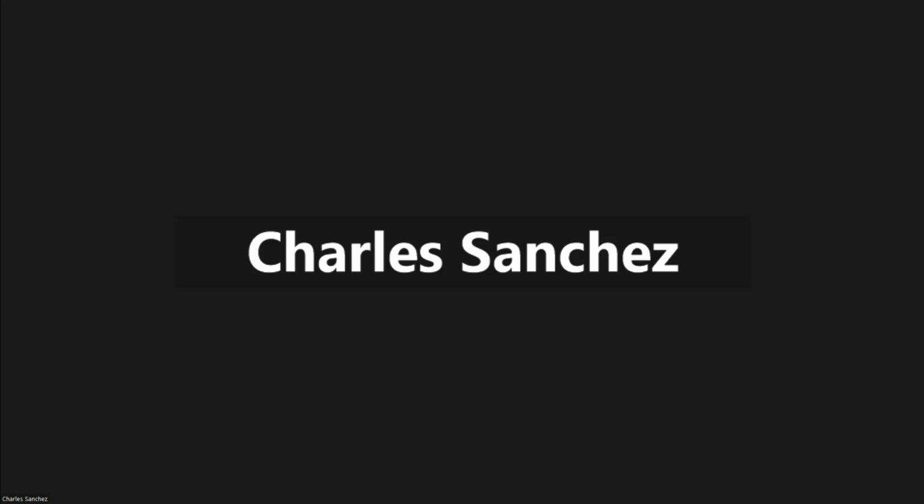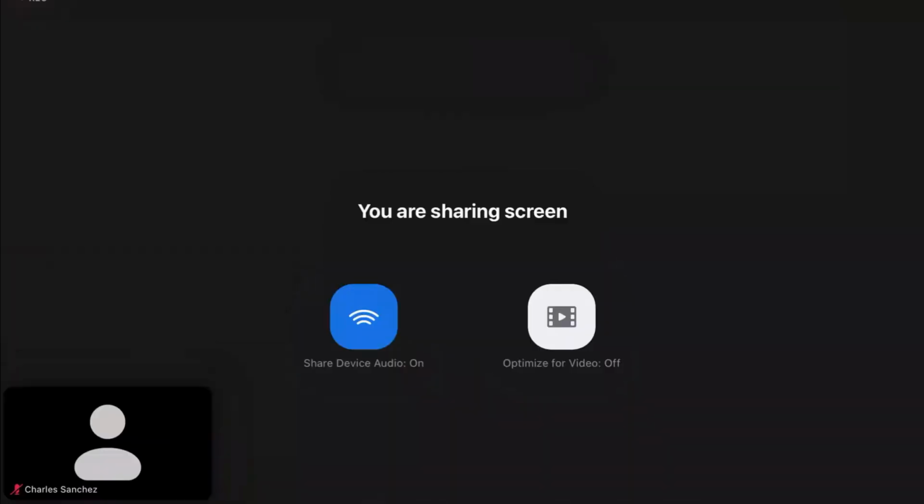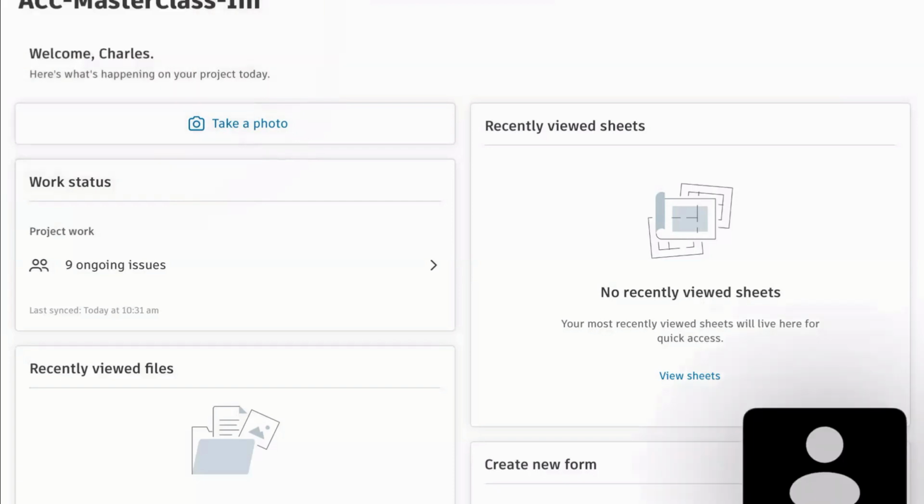So we are about to broadcast from my iPad. There you go. This is my iPad. What I'm going to do now is go directly to the app. That's what it looks like, because it's actually broadcasting from my iPad. So the first thing we're going to do here is,